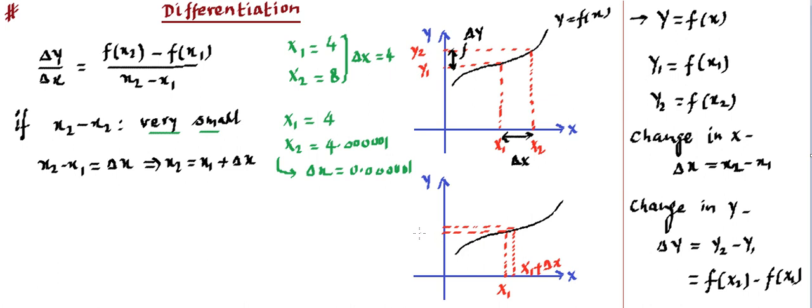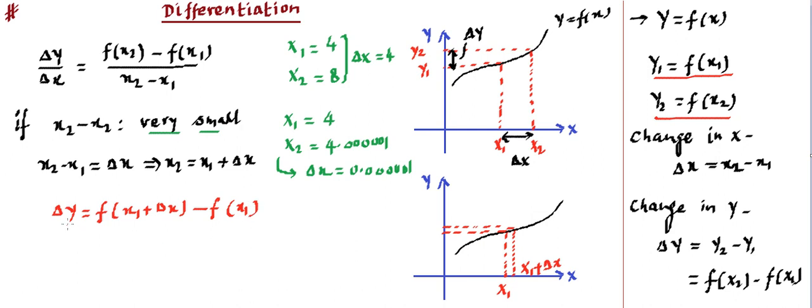And then you will get this y1 and then y2. Then this y1 is going to be written again in a very similar fashion. y1 will be written as f at x1, and y2 can be written as f at x equal to x2. So here can we say the delta y expression is going to be equal to the function's value at x2, which is basically x1 plus delta x, minus the function's value at x1.